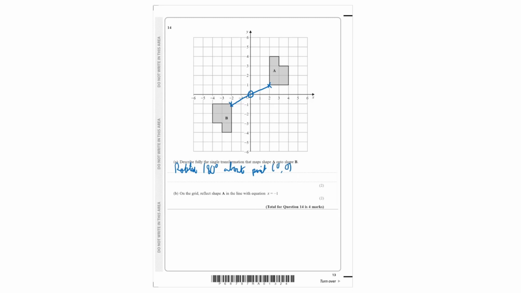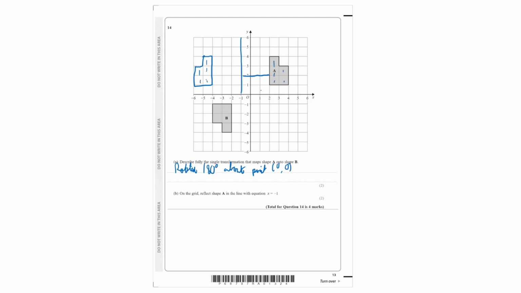On the grid, reflect shape A in the line with equation x is equal to -1. So first we have to find -1 on the x-axis and draw a perpendicular line. Since it's reflected, we can imagine this as a mirror. It is 3 blocks from the mirror, so that means inside the mirror it'll also be 3 blocks in. But it'll maintain its height. It will merely be reflected into the mirror. So this is the reflection of shape A. Notice how it still has the exact same area,